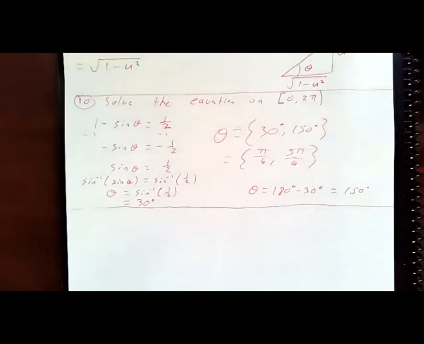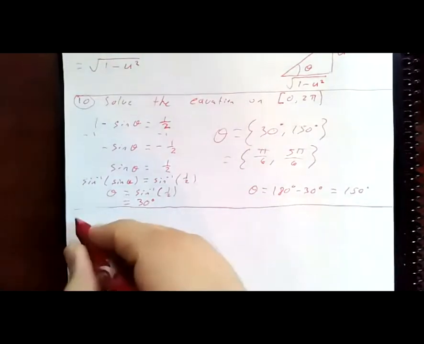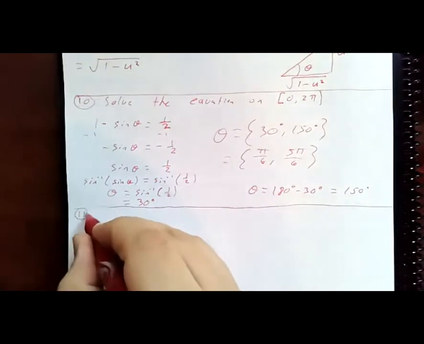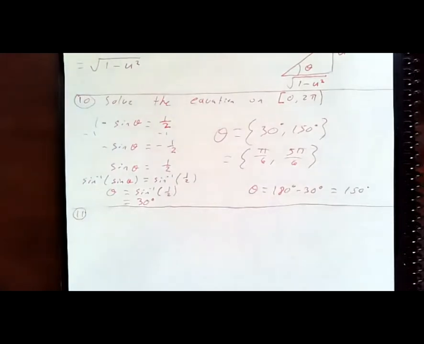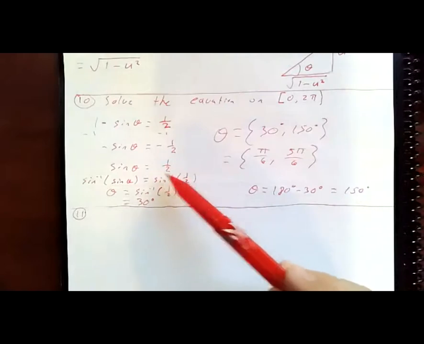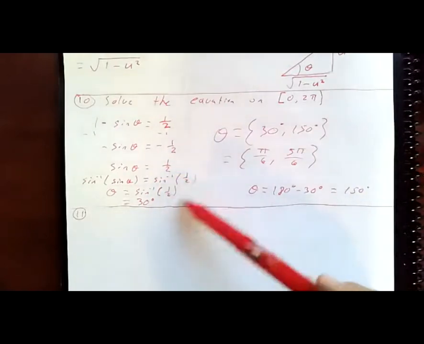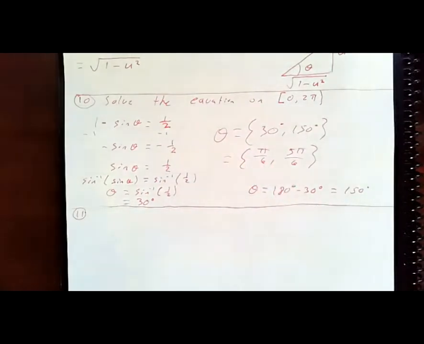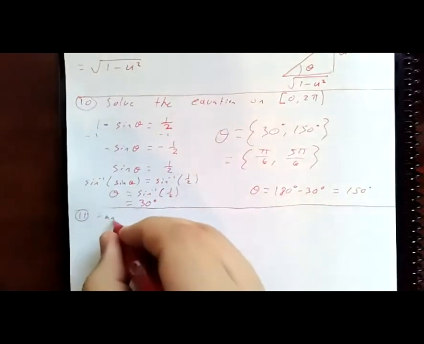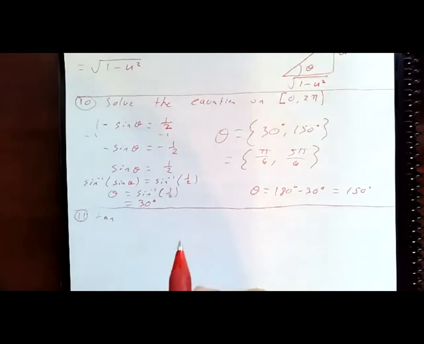Okay, yeah, I got my notes mixed up. So we did not have to do any of that because it was on the circle. The value is one we've been working with on the circle. We didn't have to show this, but let's look at another one where you don't have that. On number 11,